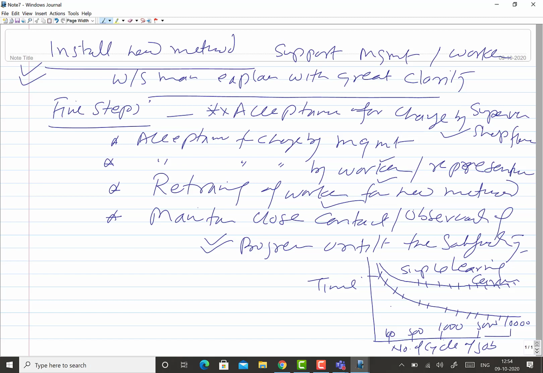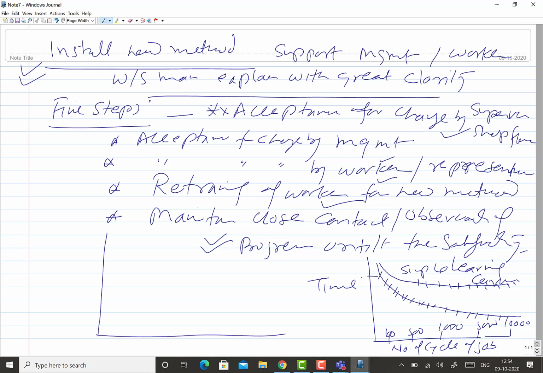So this learning allowance is given when a new method of doing a job is implemented, because of the new method only he is taking a longer time to complete the job. But in the long run, obviously he will learn gradually, and the time required to complete the job will keep on decreasing.